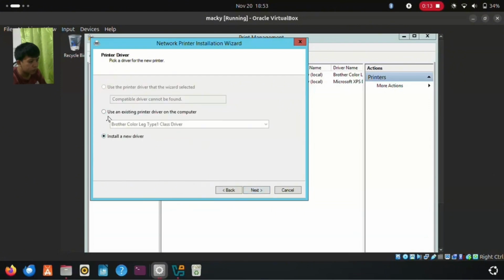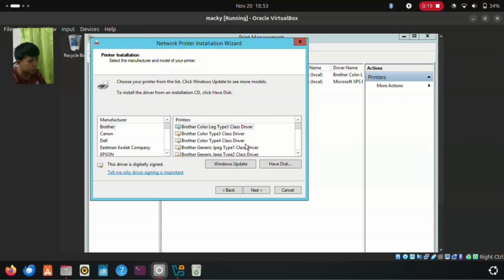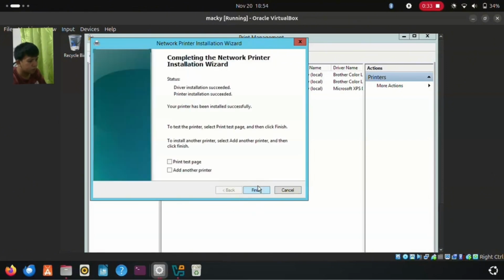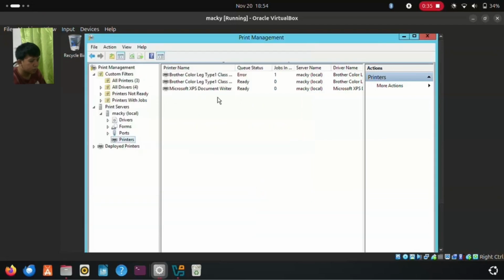Then next, install a new driver. After, lalagyan natin ng printer name, then yung location, lagyan lang natin headquarter, and then next lang ulit natin. Yan, finish. Makikita natin yung printer natin na ready na siya.